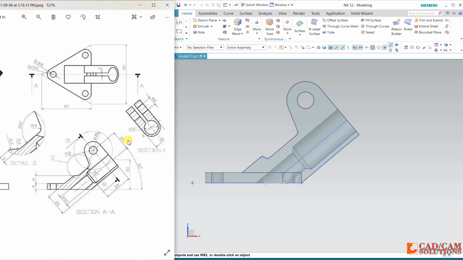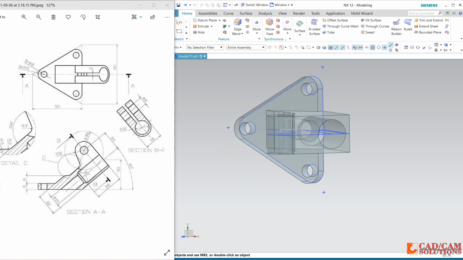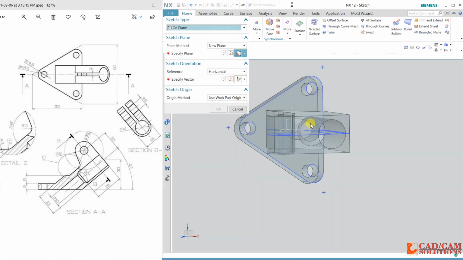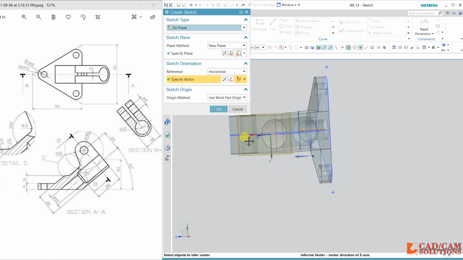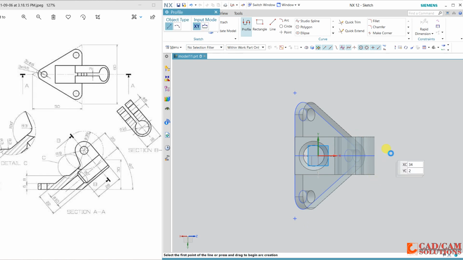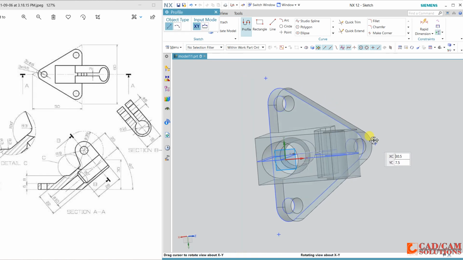For this BB section, we have to select this top face.